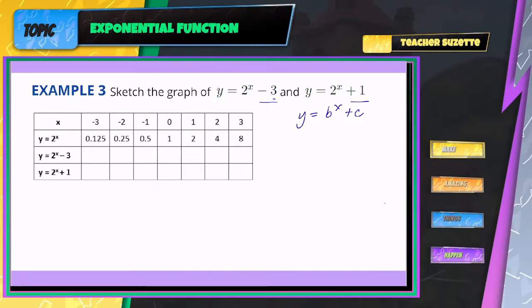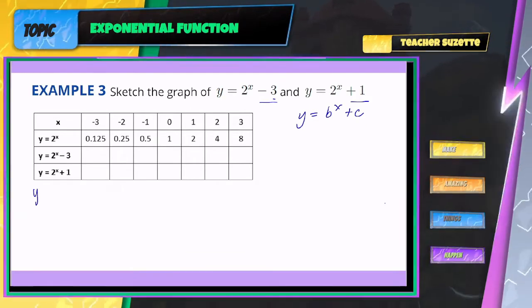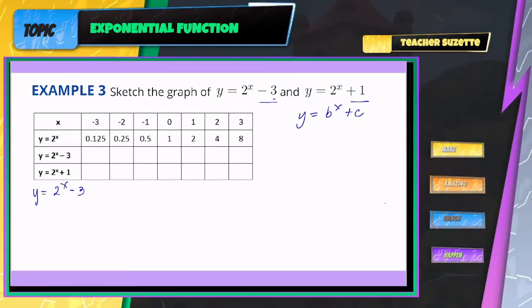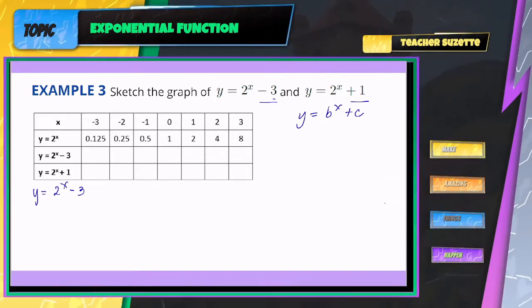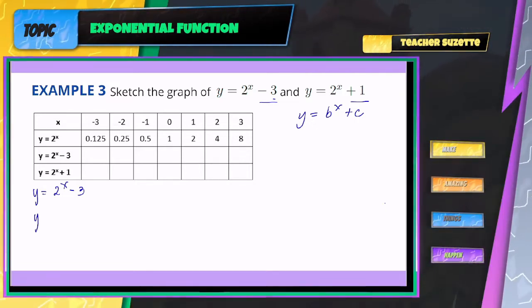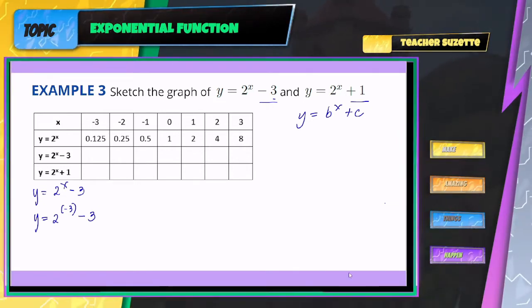So, first, let's evaluate y is equal to 2 raised to x minus 3. So, just like our previous example, to solve for this one, we are going to just replace the value of x with the provided values of x in our table. So, let's start with negative 3. So, you will have 2 raised to negative 3 minus 3. 2 raised to negative 3. Ayan. Upon checking our table, bigay naman na siya or may value na po siya which is equal to 0.125